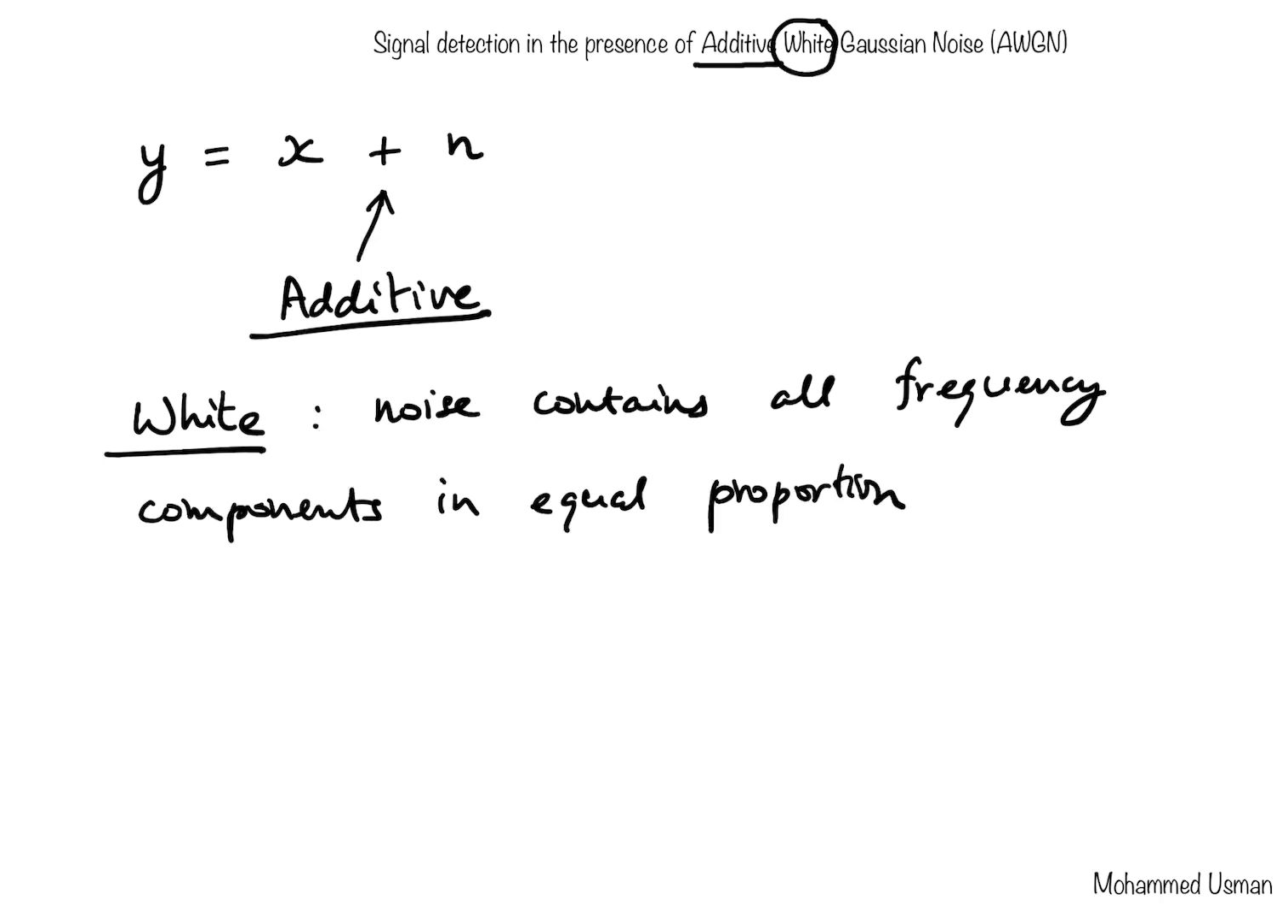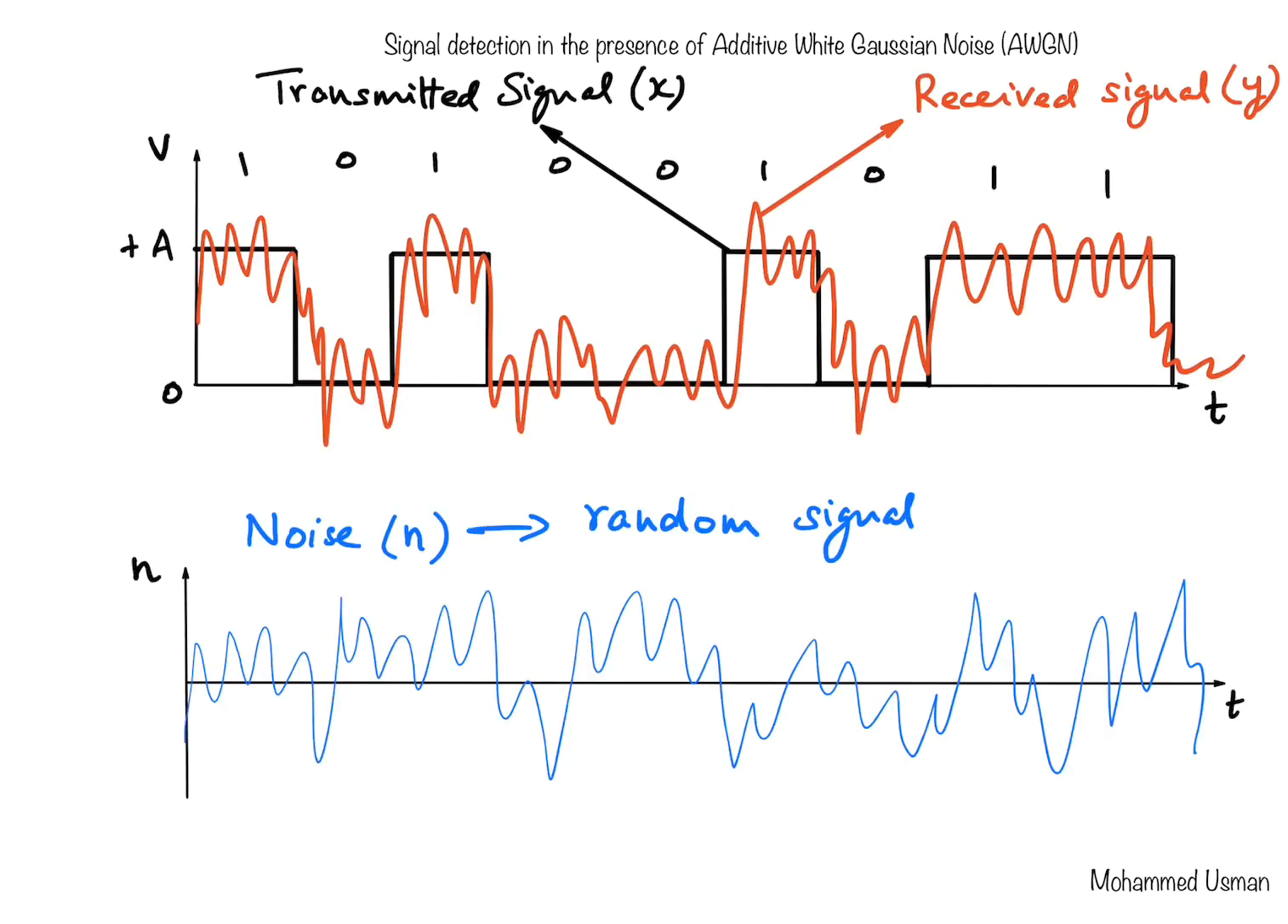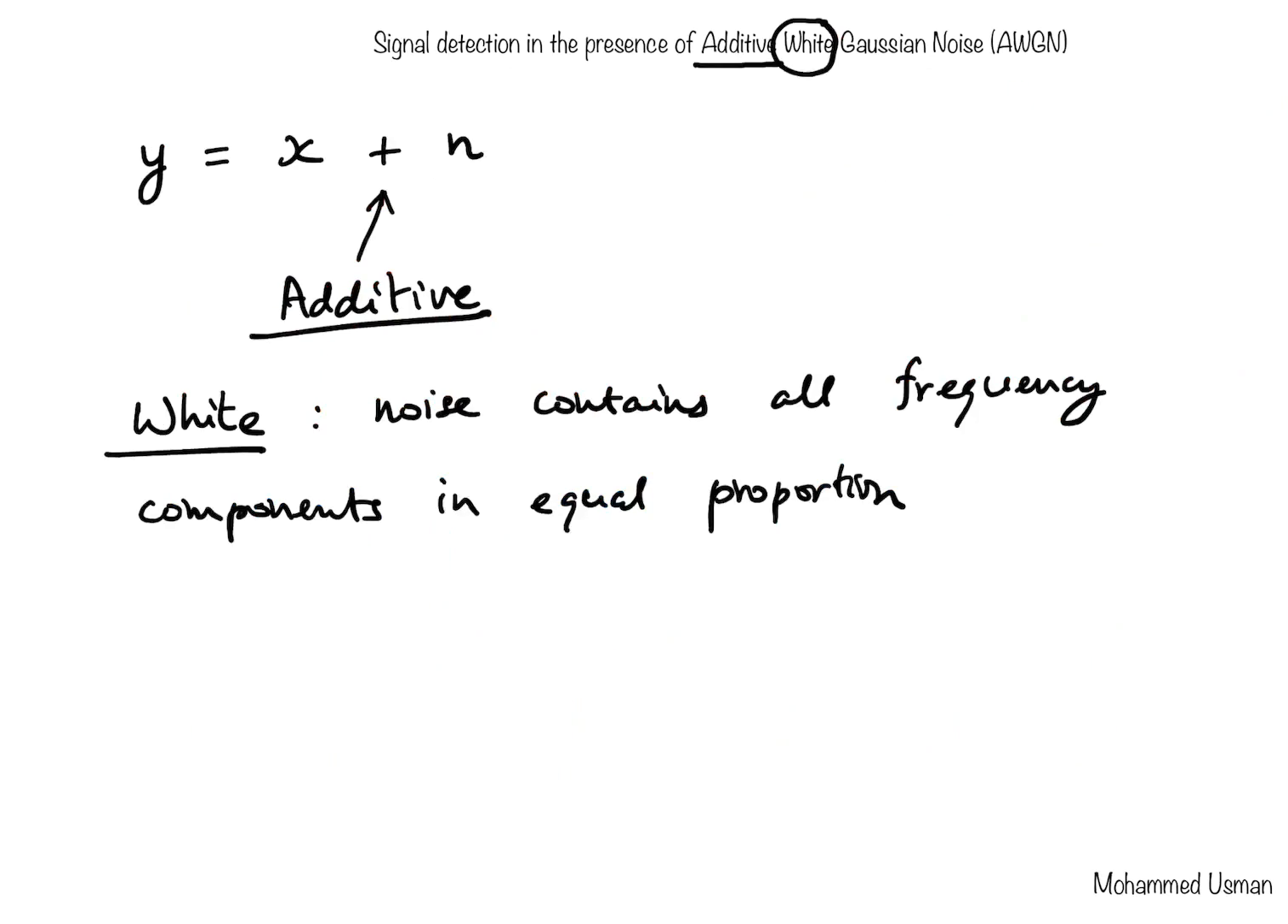Now, what do we mean by that? For example, if we had to plot the spectrum of the noise signal, we have the time domain representation of noise at the bottom here in the blue waveform. If we take the Fourier transform of this noise signal and plot its spectrum, or rather, we will square that spectrum and make it the power spectrum, then what we will see is that